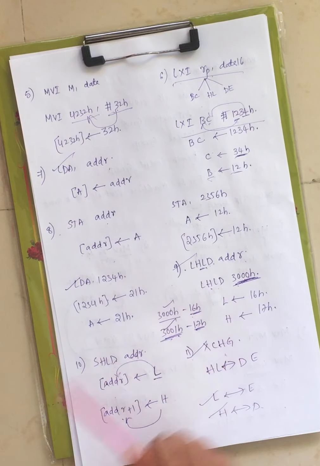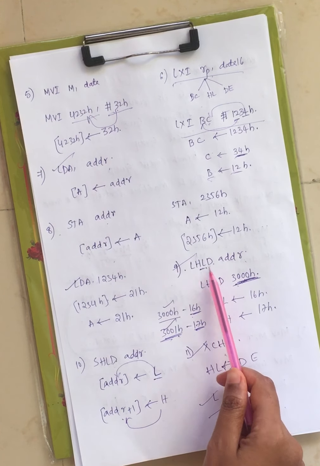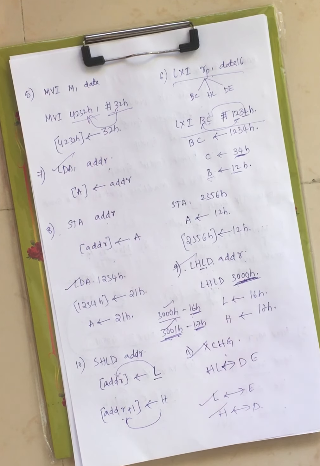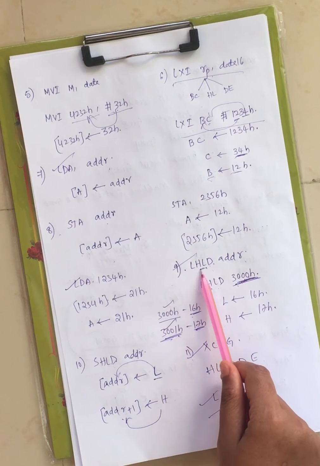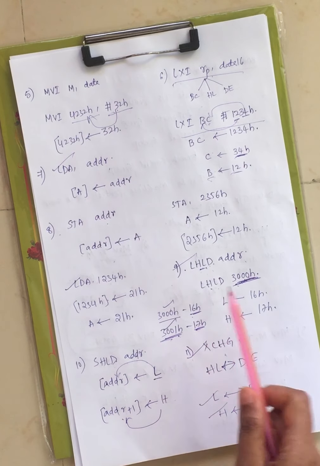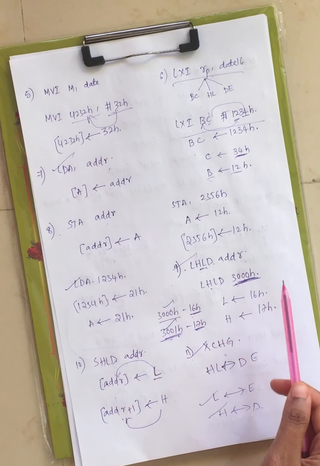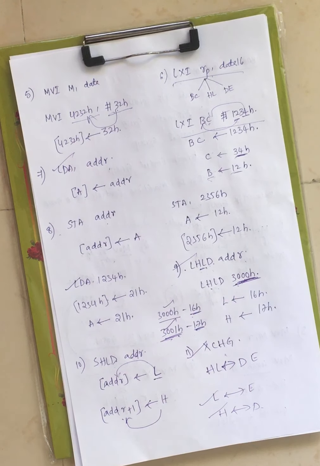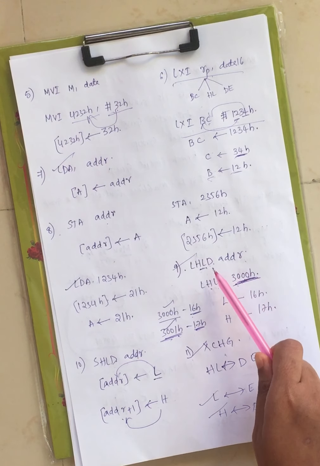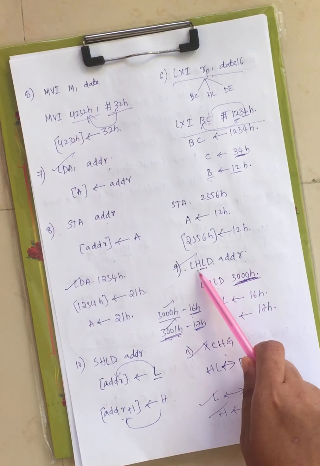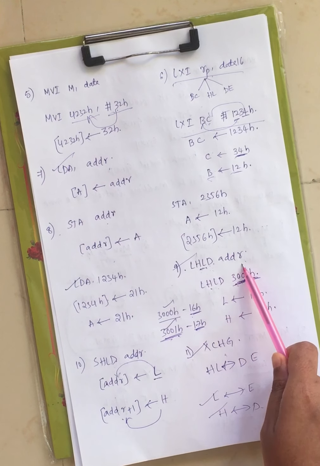And next we have the 9th instruction, that is LHLD address, load HL register pair direct, right? Load HL register pair direct. Indirect, you have one more instruction that we will see after this, right? Load HL direct address, right? Now here we are loading the HL register pair, right? This instruction loads the contents of memory into the HL register pair, using the direct address, right?